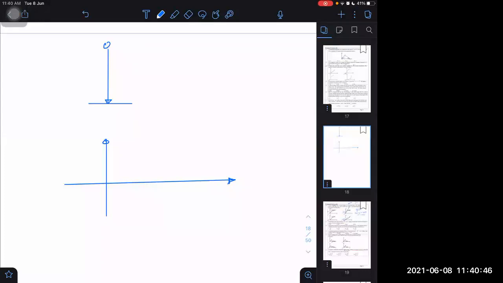If you are dropping a ball, let us plot the V versus T graph first. What will be the acceleration? It will be fixed, equal to g. But acceleration is equal to the slope of the VT graph, meaning the slope of the VT graph will always be the same. It cannot change. Will the slope be positive or negative? That depends on whether you take the upward direction as positive or the downward direction as positive. If I take the upward direction as positive, then a will be taken as minus g. If acceleration is negative, then the slope of the VT graph will be negative.